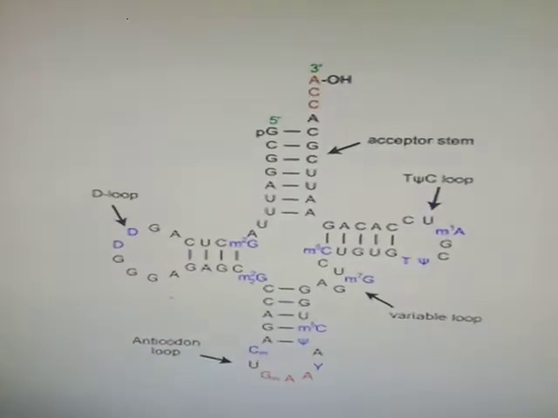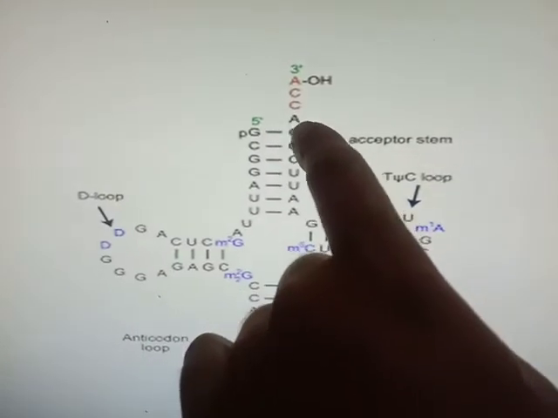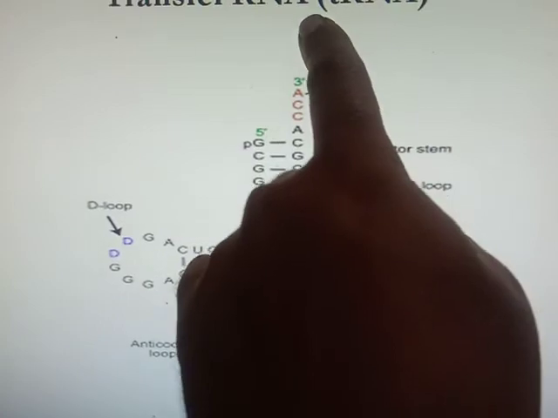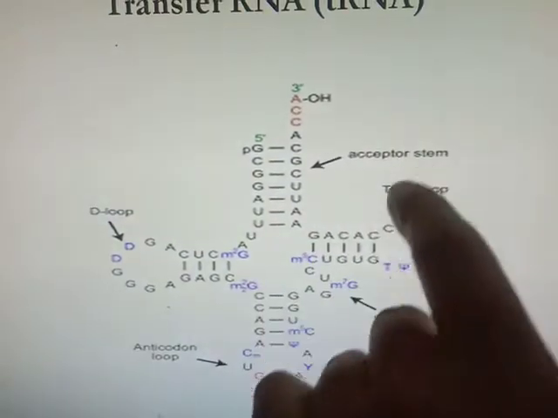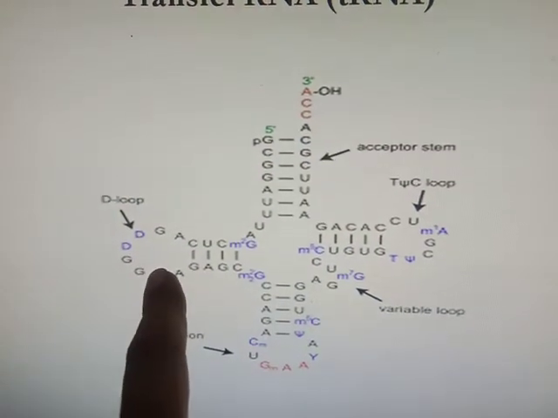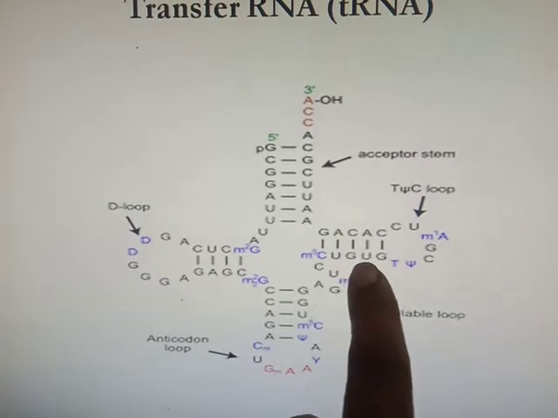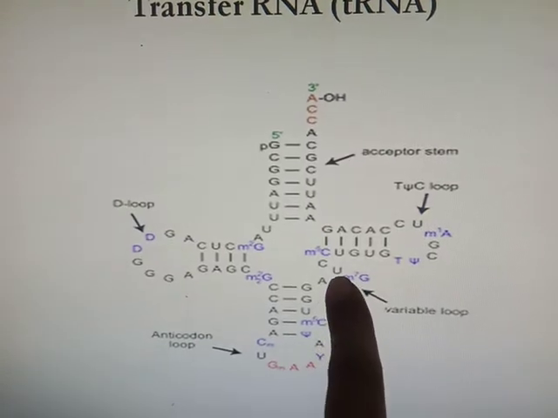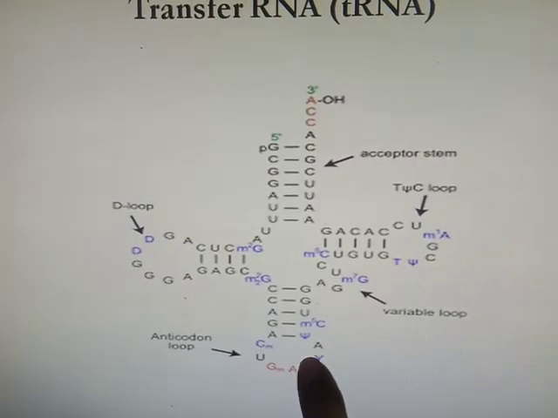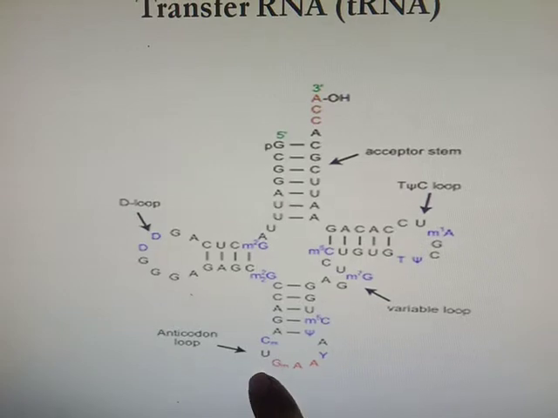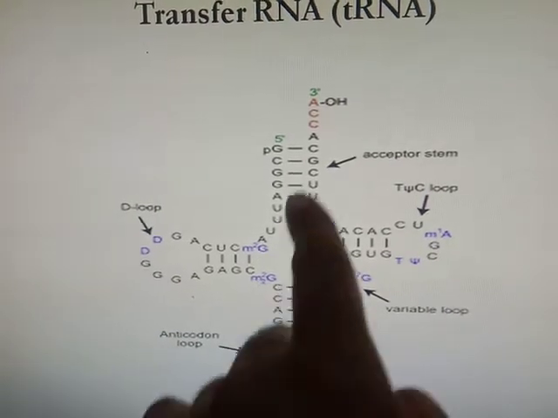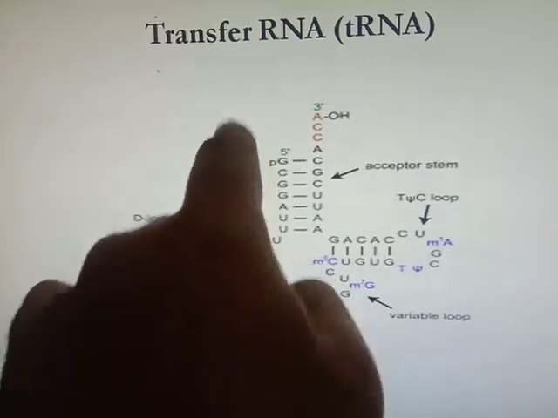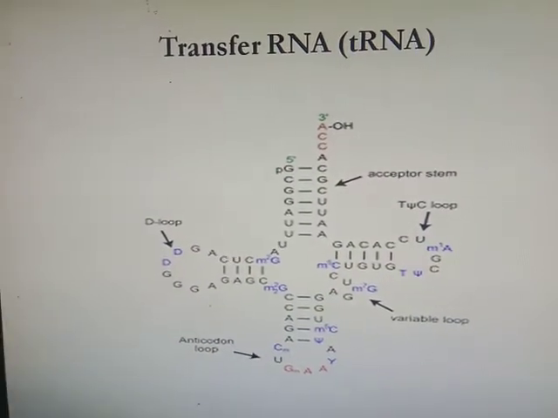In the structure of tRNA, there is the acceptor arm, which has the sequence CCA from the 5' end to the 3' end. The incoming amino acid will link here. Then the D arm, which contains dihydrouridine. Then the T psi C unit. Then the variable arm and the anticodon loop. This anticodon loop will recognize the nucleotide sequence on mRNA, and then the amino acid linked here will be shifted to the next peptide synthesis.